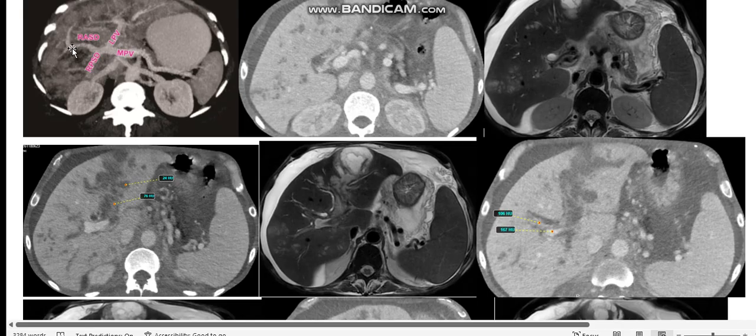The only horizontal branch of the portal vein, you will see it like this, is the right anterior branch, the right anterior portal vein. Okay, here, this is the horizontal branch. This is the right anterior portal vein. Horizontal branch is the right anterior portal vein. Okay, so the right anterior portal vein here